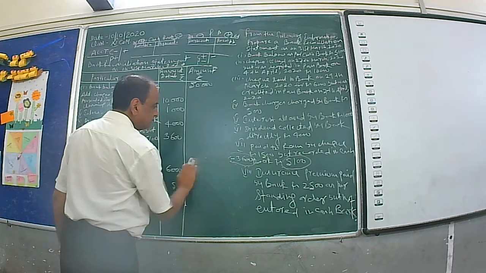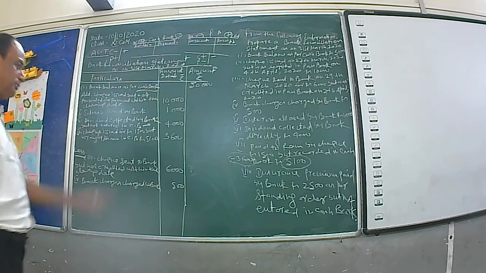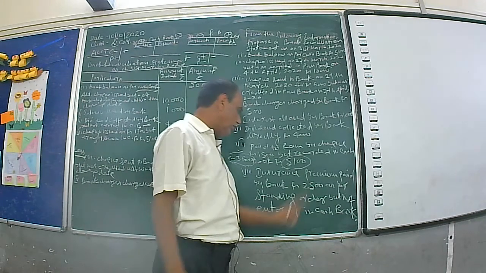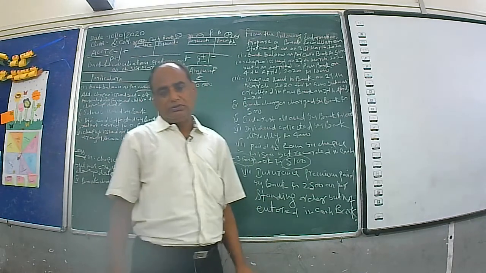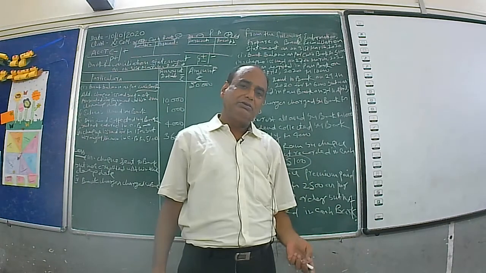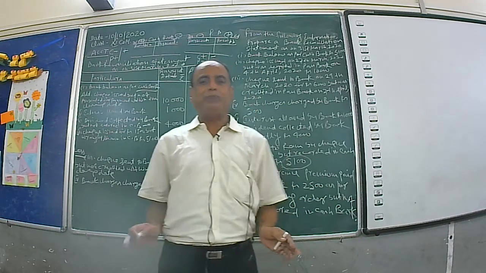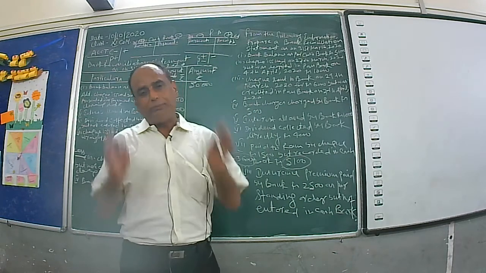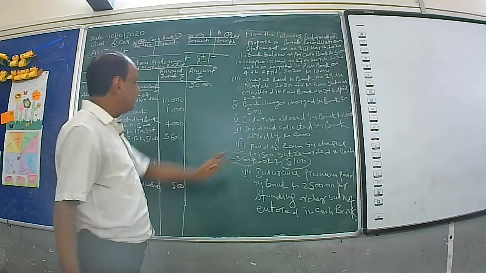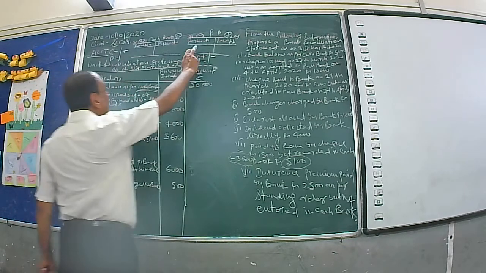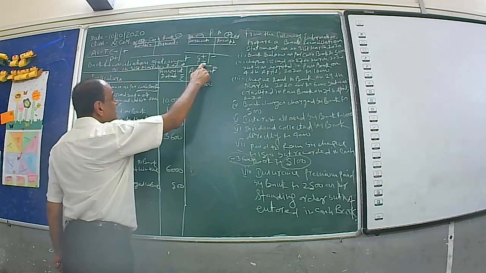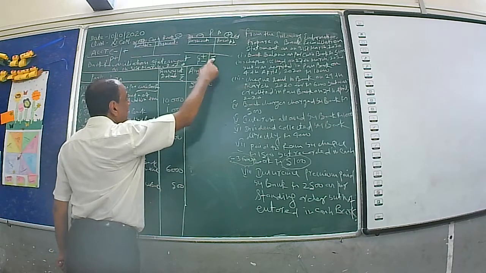And the last is insurance premium paid by bank, 2,500, as per standing order, but not entered in cash book. It means the businessman has already given orders to the bank: pay the insurance premium on my behalf. The bank has already paid. So when the bank pays the insurance premium, the bank will debit the passbook, then P will be in a minus position. So P is in a minus position, C is in a plus position, therefore it will be minus.